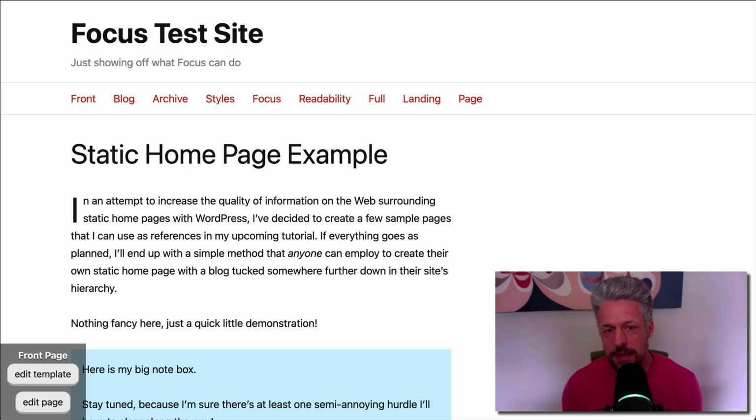I think I can do this with Focus. And so I'm going to make a video of me trying this idea out with Focus. We'll see if we can do it, okay? So the idea is that